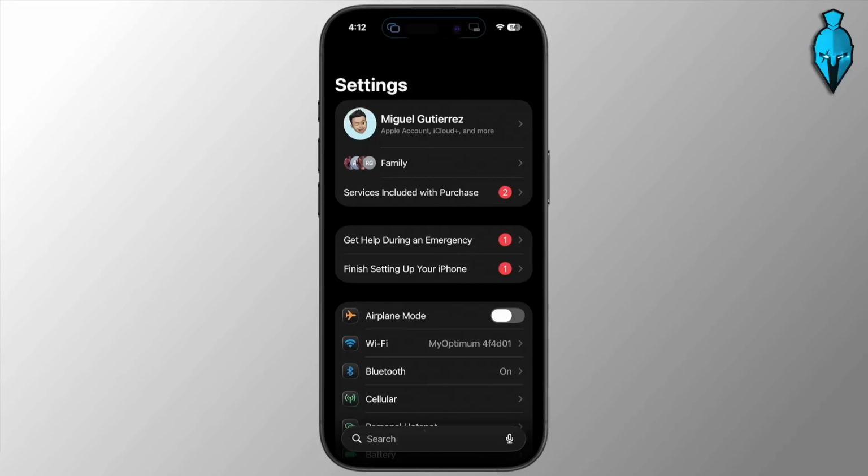In this guide, I'm going to show you how to flip between the front and rear cameras while recording on